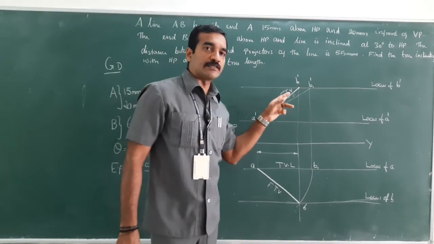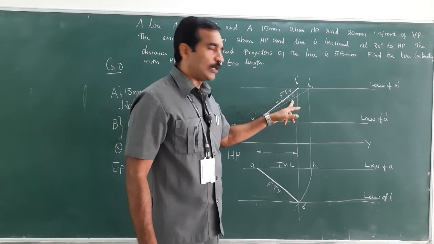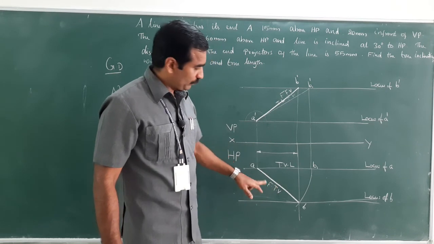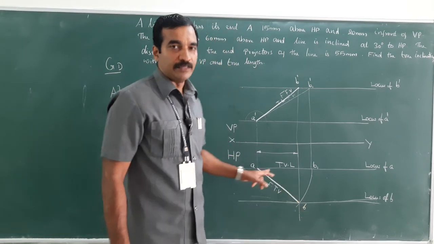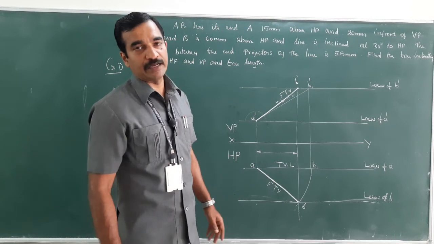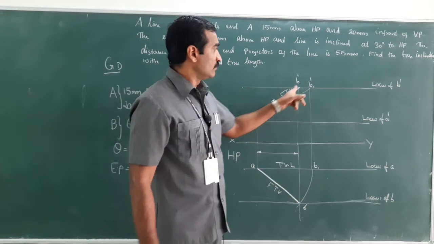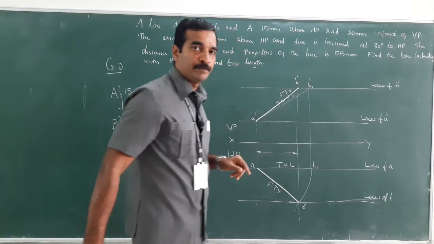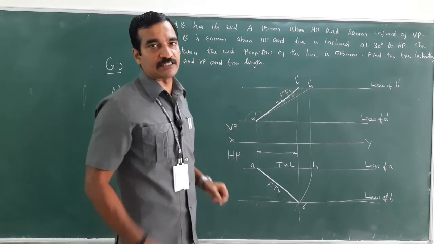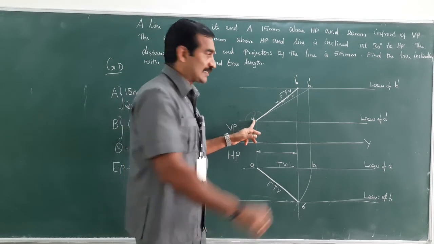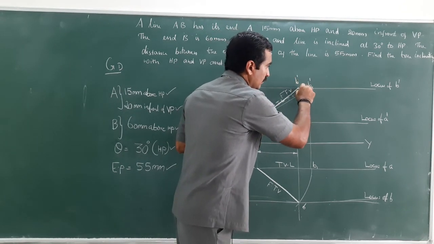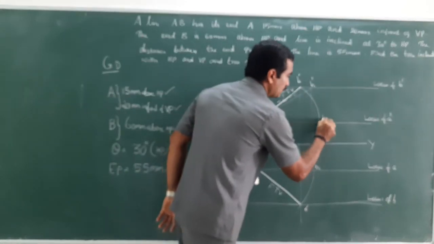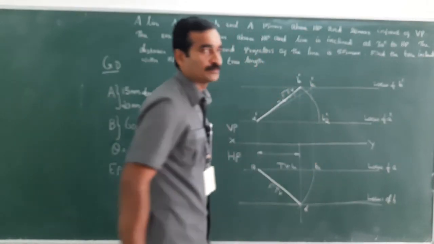So as far as the front view is concerned, I have got the true length as well as the final front view. When it comes to the top view, I got the final top view, but the true length is missing. How can that be obtained? I have the final front view here. Measure the distance between A dash and B dash in your compass, and with A dash as center, cut an arc till it intersects the locus of A dash. So this becomes B2 dash.